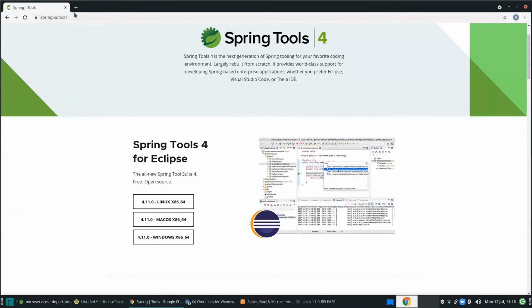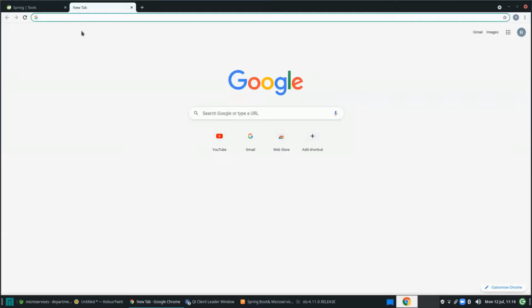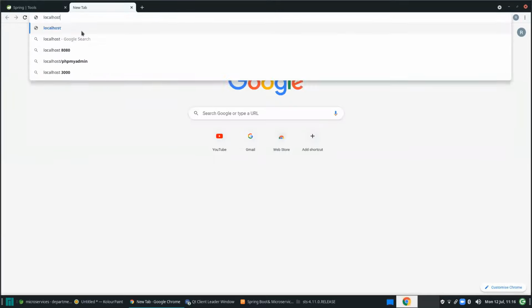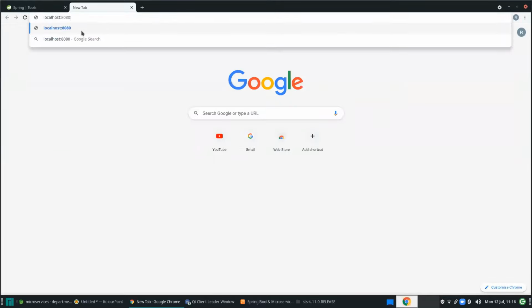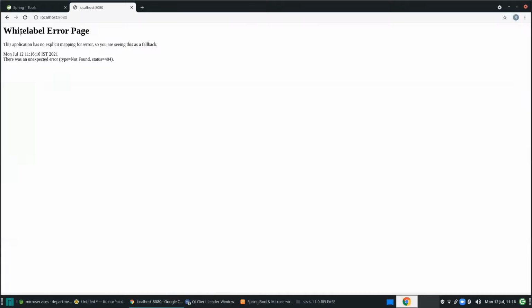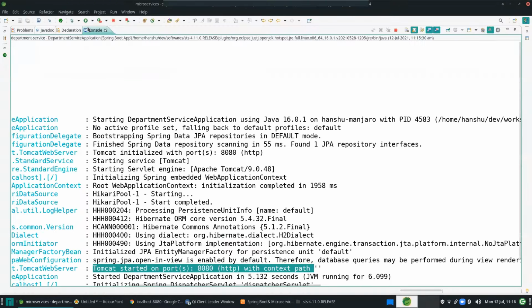If I go here to localhost:8080, see, now if you look at this whitelabel error, the server has started properly, but you need to send the information.